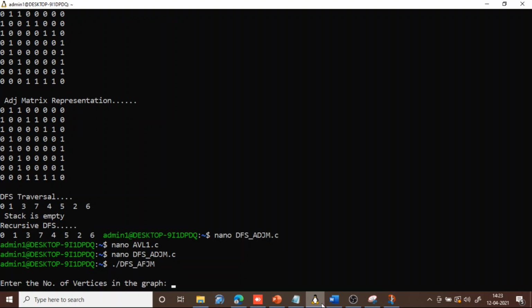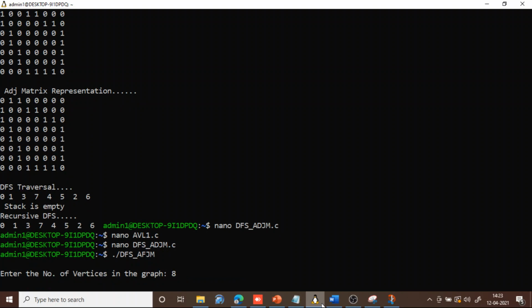It is asking the number of vertices, 8. So these values are there.